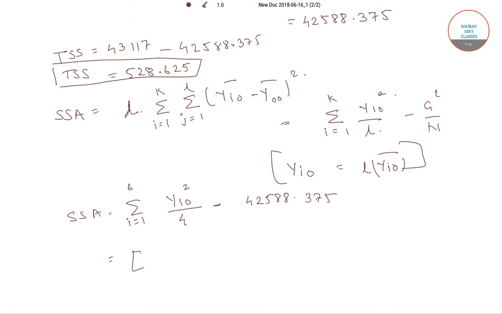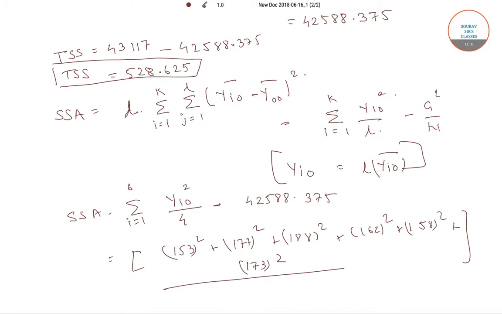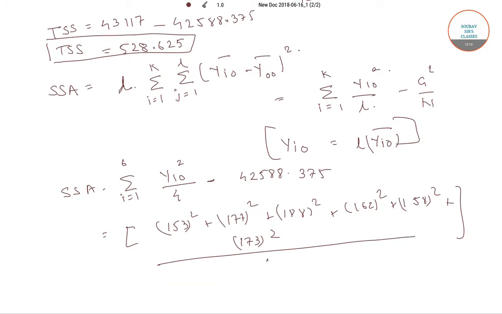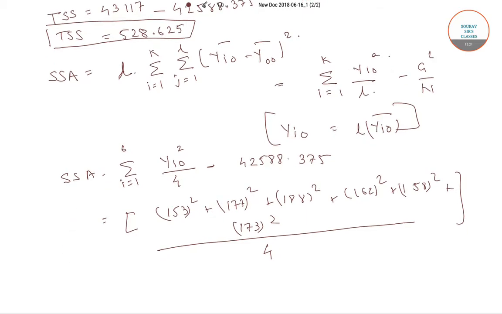So here we would have 153 square plus 177 square plus 188 square plus 162 square plus 158 square plus 173 square, all of this divided by 4, which is equals to